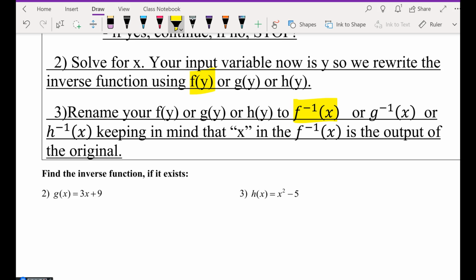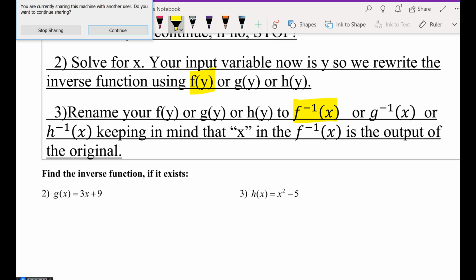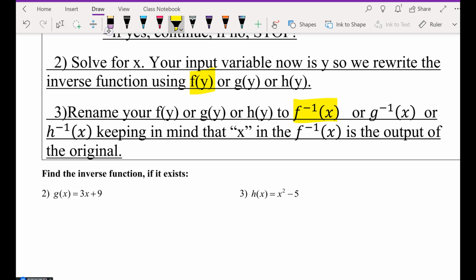This is what it means in our class. This is the inverse function of y. So this is also the inverse, but it's a different way of writing it. Does that make sense? This is where we're going to stop today. Just talk about the definitions. Go ahead and bust